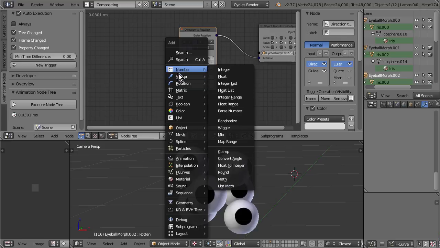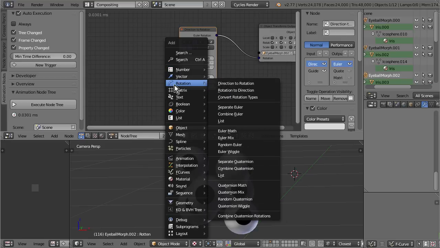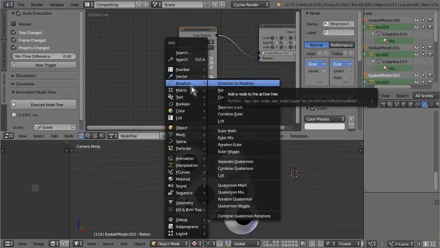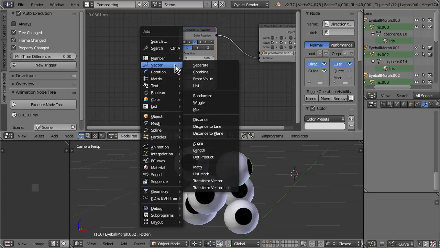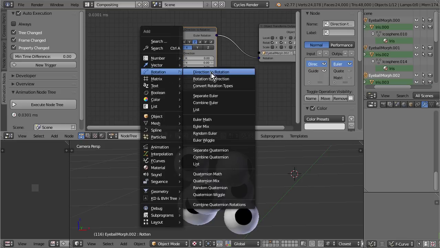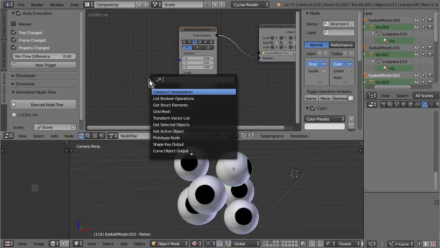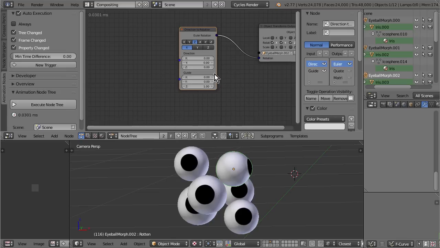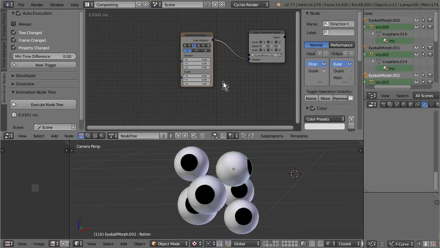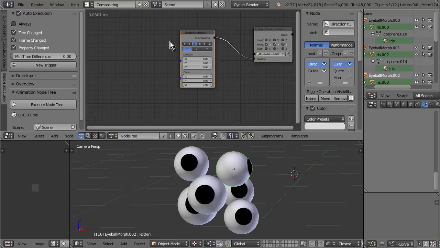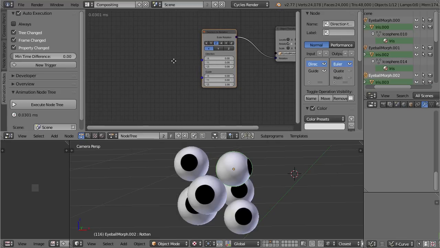And you can see both those lists are pretty full, so it's a good idea to actually split them. So I got this node. If you don't want to insert it the way I did, actually I did this accidentally, you can find it under rotation and direction to rotation, and you can always press Ctrl A, and then if you know the name of the node, you can just type it in and insert it. Since the list here is growing and growing, this is actually a preferred method often.